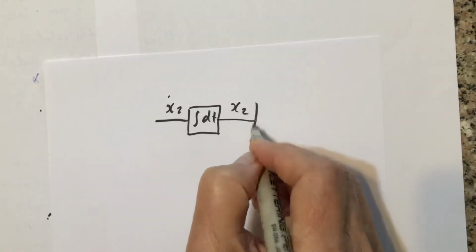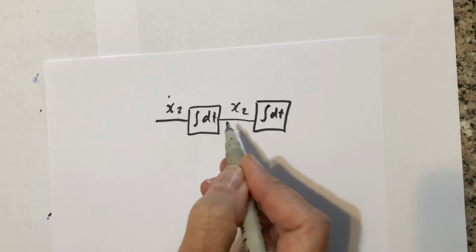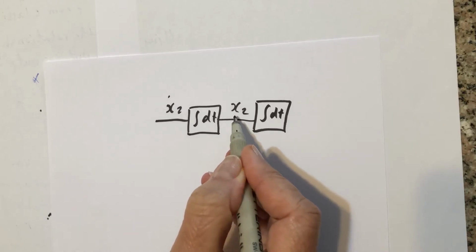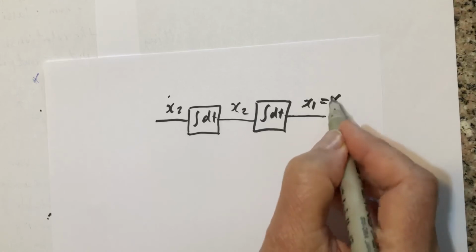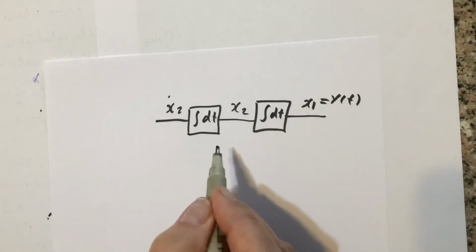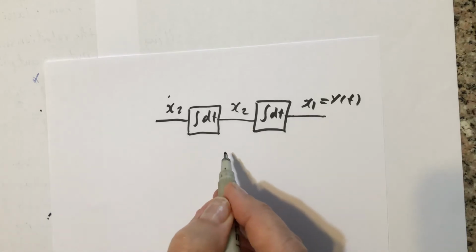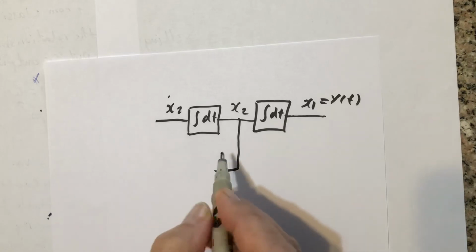And then another integrator. If I integrate this, what do I get? I get x1. And x1 equals y of t, right? Now, we said that the feedback which we get is related to A. So if I make a feedback from here,